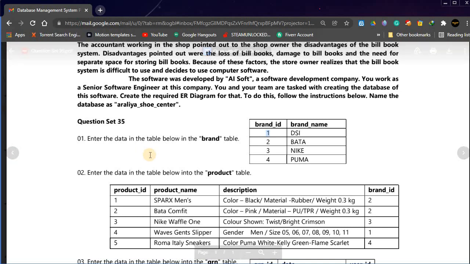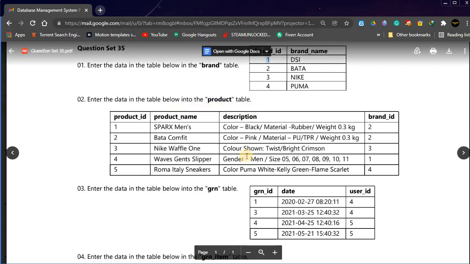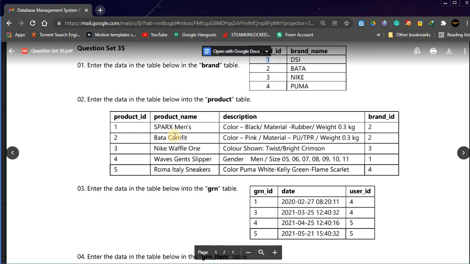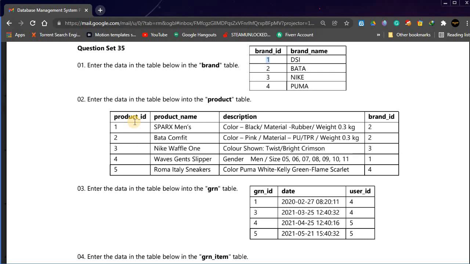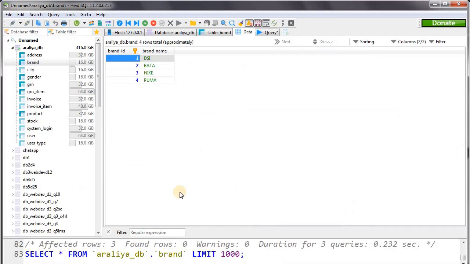Now let's move on to the second one. Enter the data in the table below into the product table. Okay, now we have to enter these records into our product table. Here's the first one. There are 4 columns or attributes: a product ID, product name, description and brand ID. Now first of all, let's see the table settings, the table configuration here.